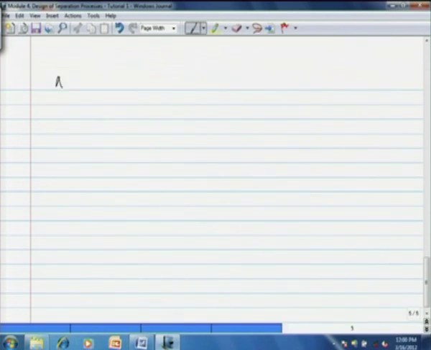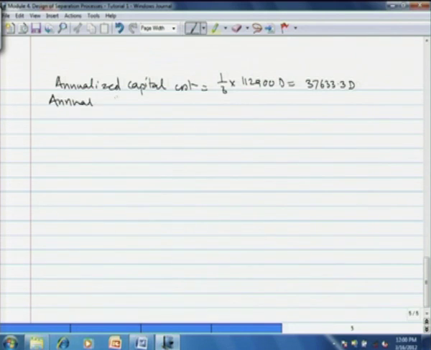So, the annualized capital cost is 1 by 3 of 112900 D, that is 37633.3 into D. The annual fixed charges are 20% of the capital cost. So, 0.2 into 112900 D, that is 22580 D. The annual variable or operating cost